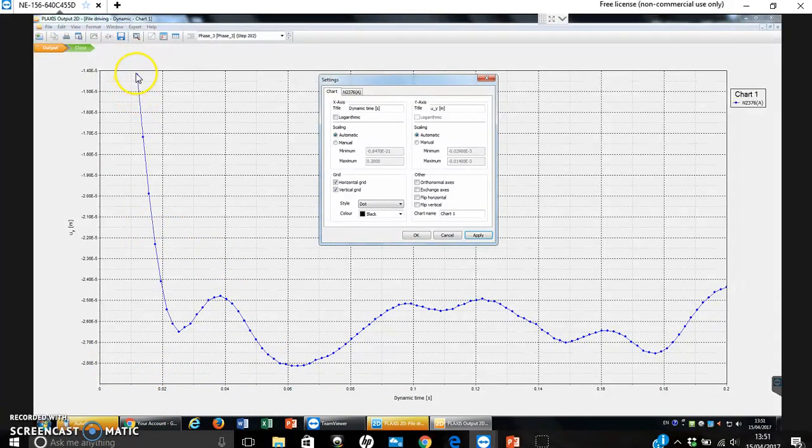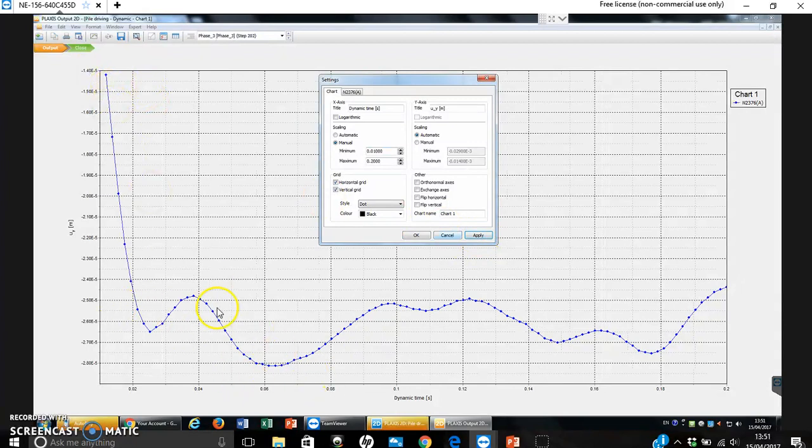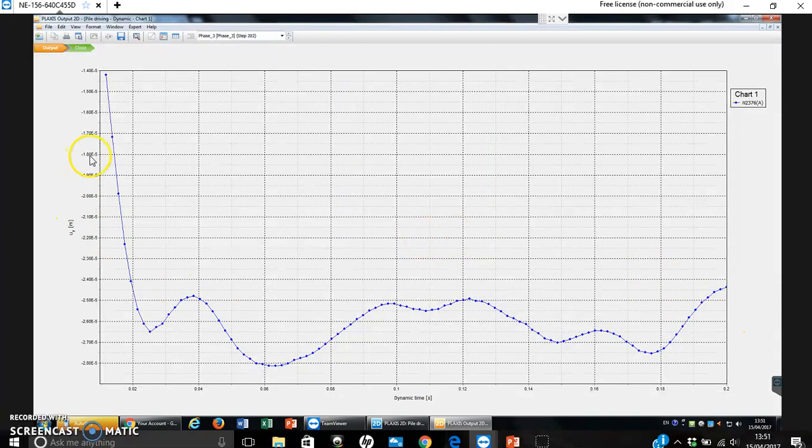You can see this graph only starts somewhere around 0.01. So let me say I want to change my dynamic time to start from 0.01. You can do that to fix your axis up a bit. Yeah, so you can leave it as it is. So that's the graph. It looks okay. You can see that towards the end, after 0.2, maybe if we put the dynamic time at 0.3 or 0.4, towards the end the curve will have just been cancelling. I would expect it to go like this, and then at the end just start going like a straight line,